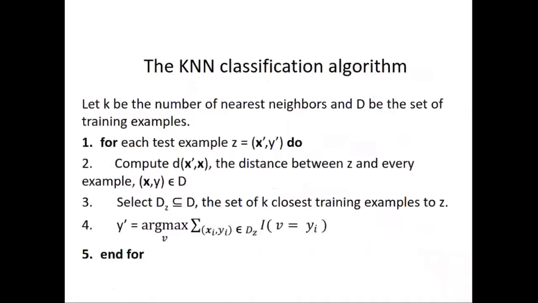So this is the final KNN classification algorithm. Let k be the number of nearest neighbors. You already know that you have to select the k value, and let D be the set of training examples. In machine learning, wherever you take any algorithm, capital D always represents the set of all the training examples. All the algorithms use the same formats. X always indicates input, Y always indicates output. X1, X2, X3 are attributes. Y1, Y2 means classes, yes or no, 2 classes.